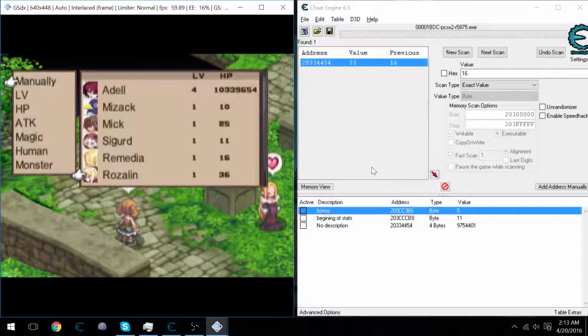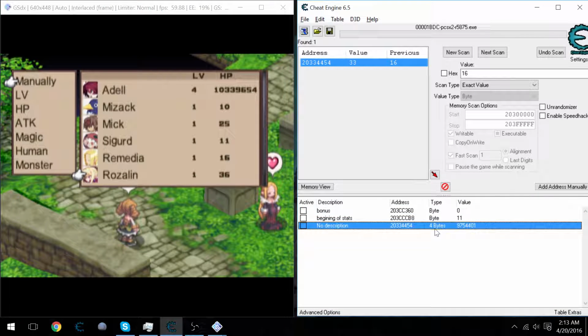Hello everyone, today I've had a request to show off how I was able to hack characters in Disgaea 1, and kind of explain how they were structured. So the way this game works is you want to first find any kind of stat you can on the first character, which in my case is Adele. I've already done that, right here at the bottom, and I've already hacked his stats as well, so they're already